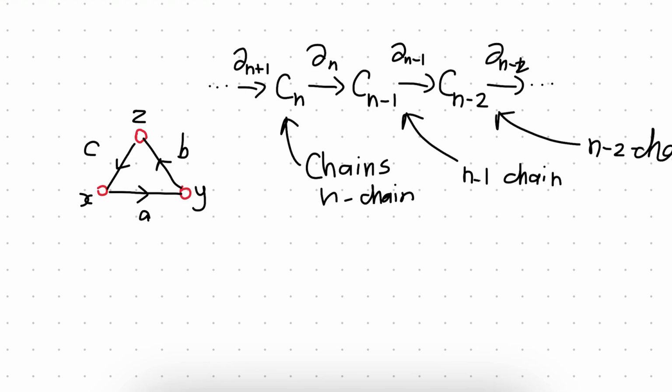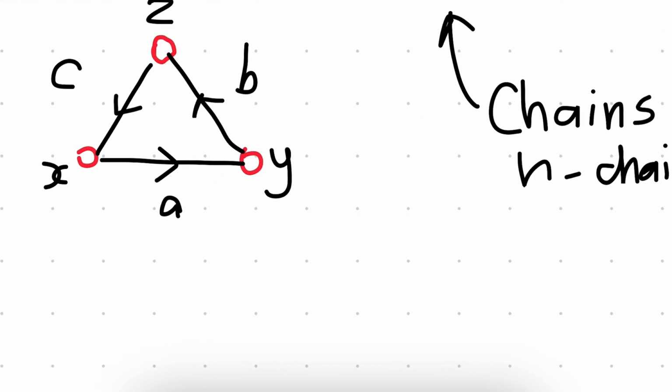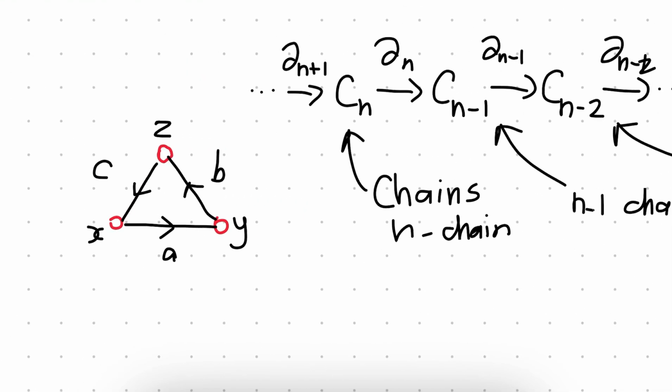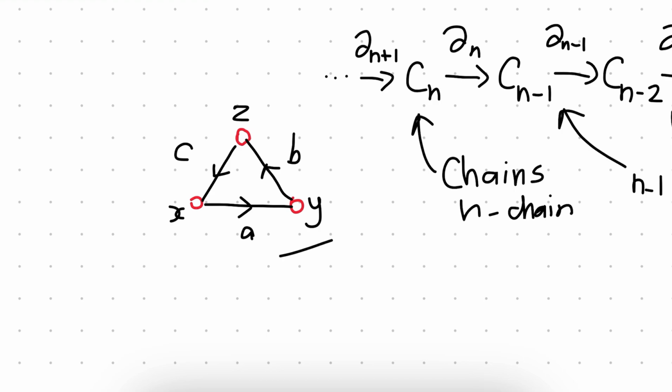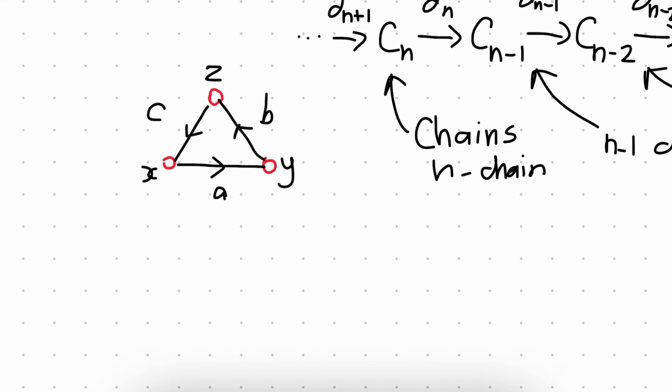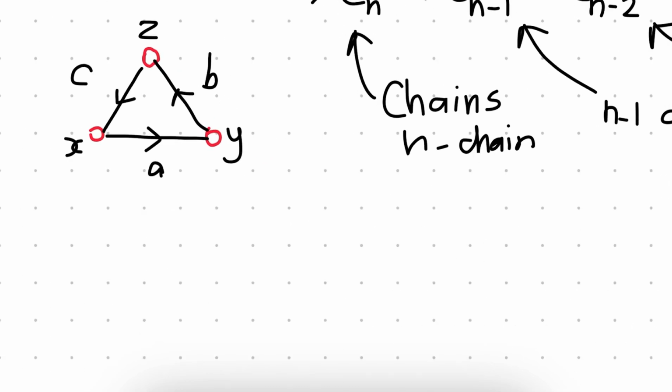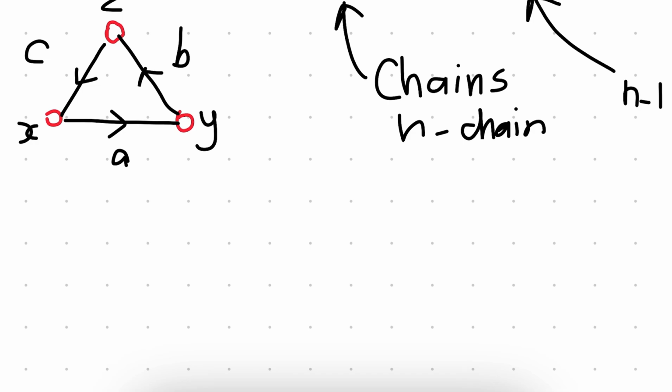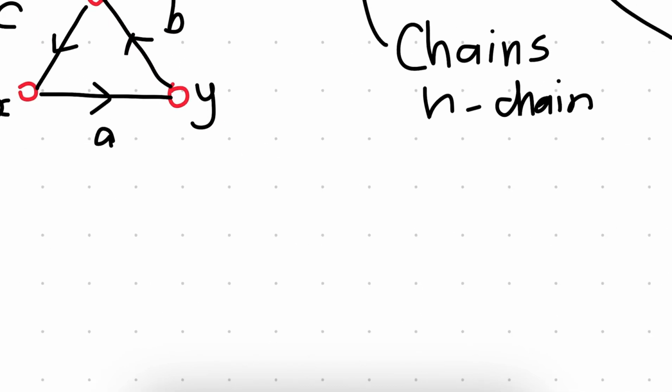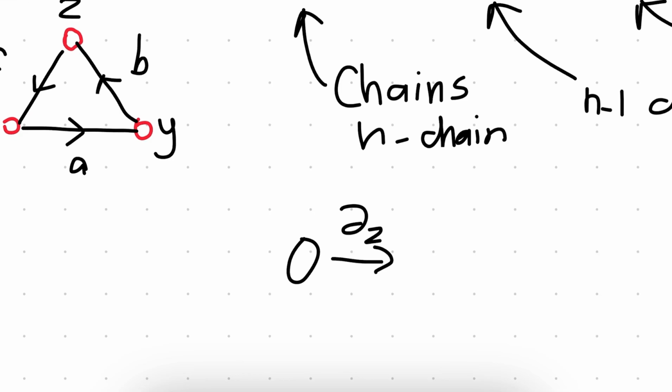And the abelian group itself associated with your space, that N chain is spanned or generated by all those possible n-dimensional things, or cells or simplices you put in your space, right? So if I have 3 1 simplices in my space, or 3 1 cells, that means I would have an abelian group that's generated by 3 objects. And likewise, since in my space here I have 3 0 cells, that means my 0 chain is spanned, or at least is generated by 3 elements. So you guys can probably see it by now. And you know, because I don't have a 2 cell here, my 2 chain is trivial. So we start at 0, del 2, and then the